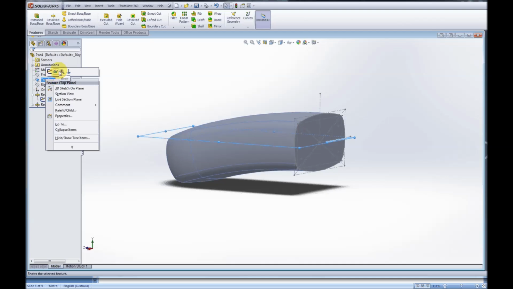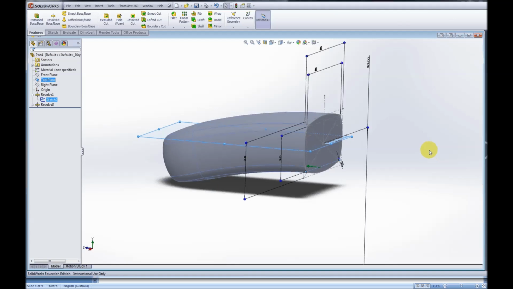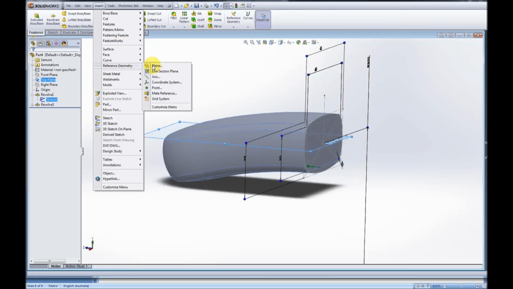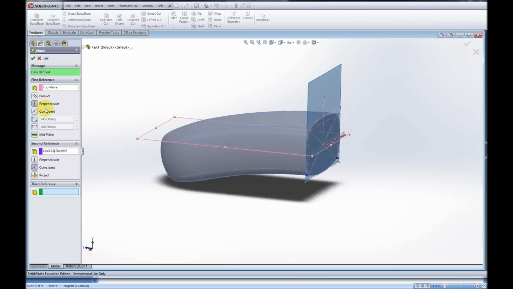I'll also do the same thing with the top plane because that'll make it fairly easy. So what we're going to do is create another plane at an angle, and to do that all we need to do is select a plane and a line that we're going to use as a point to set the second plane up from. So if we go to Insert, Reference Geometry, Plane, because we've selected that line and the plane,